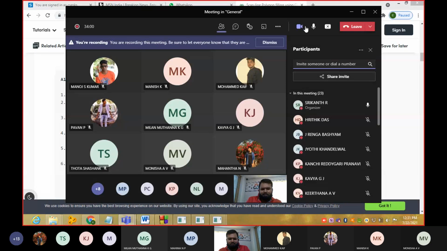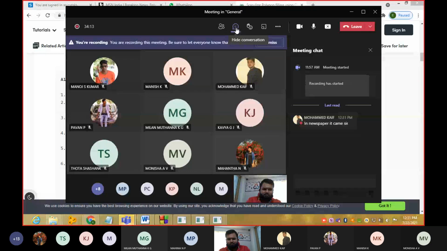There are many people to mislead us. Which newspaper, Kaif? Can you share that clipping? Share it on WhatsApp now, personally. Okay, let me check.